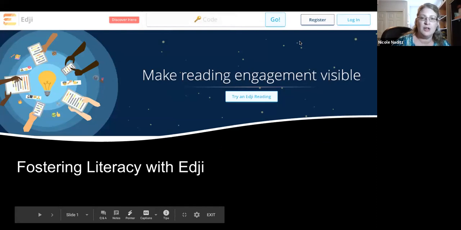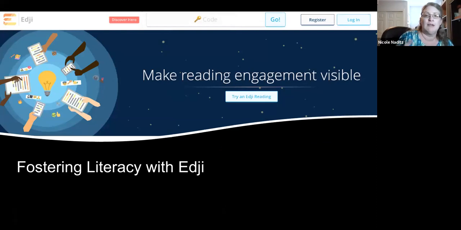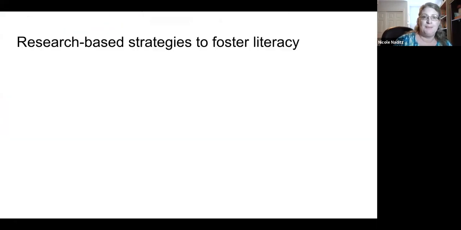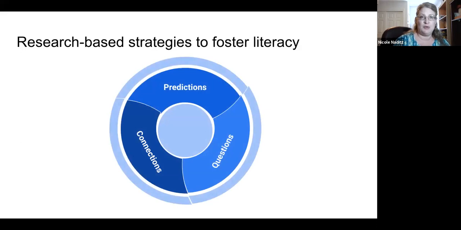And depending on the degree to which it helps foster literacy, like so many things, it actually depends on what the teachers do and how they structure the activities they design within this platform to go along with the reading material they want their students to work through. So you can use all those research-based strategies to foster literacy within this tool if you build it into the instructions and the questions you ask, such as making sure that students have an opportunity to make and follow up on predictions, make connections to their own life experiences, to other materials they've read, watched, listened to,